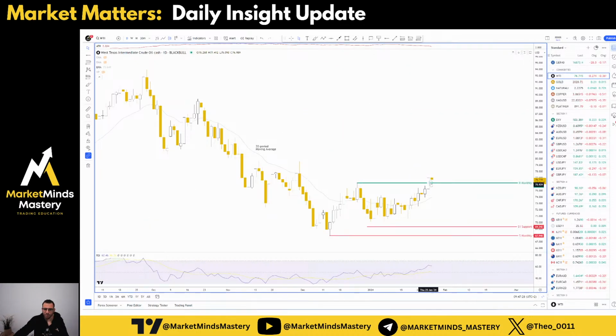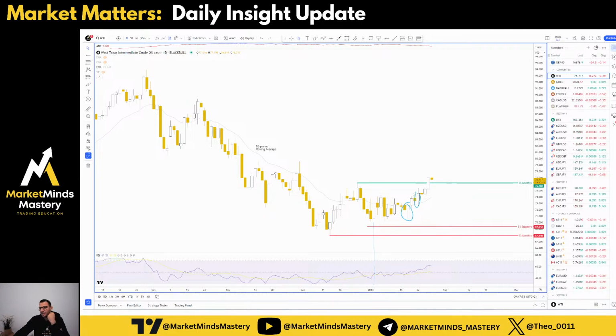WTI finally broke above this monthly area. From this point here, guys, remember I explained we anticipate an inverse head and shoulders. This started at the beginning of January. And after this one here and that bullish engulfing, I showed you on the charts that the market has bullish sentiment.